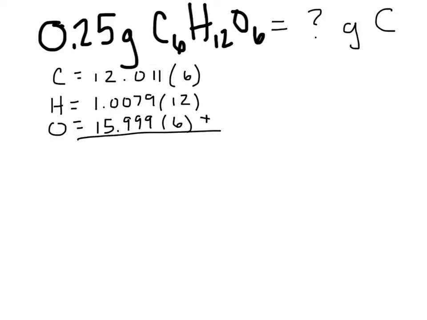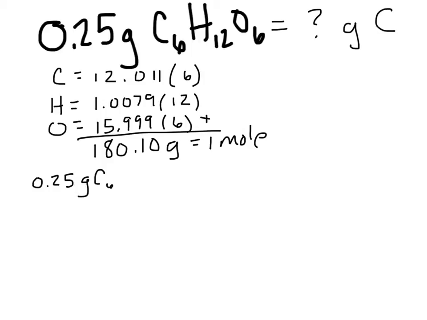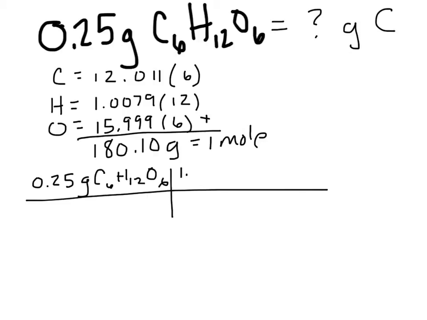I'm going to add those together. Okay, this adds up to 180.10. That'll give us 5 sig figs, much more than we need, grams in 1 mole. Okay, so we're going to set up a factor label of 0.25 grams of C6H12O6. And we're first going to convert out of grams into moles. So in 1 mole, which is what we want to get to on the top, of